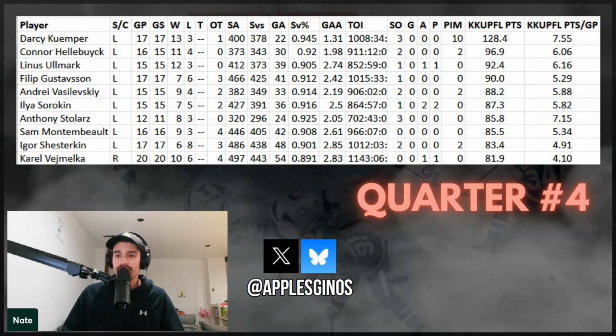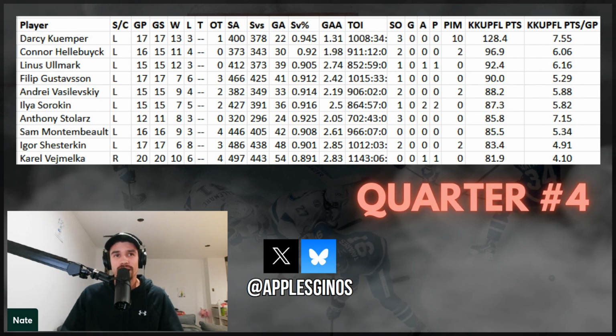I also did this exercise for fantasy points per game, or average points. And that I think might actually have a little bit more interest for me even than total points, just because it gives you an indication of how well the goalie is performing aside from just the volume of starts. You can think of this as the quote-unquote startability of the goaltender: how well were they performing when you started them, rather than just how many chances they got to accrue points.